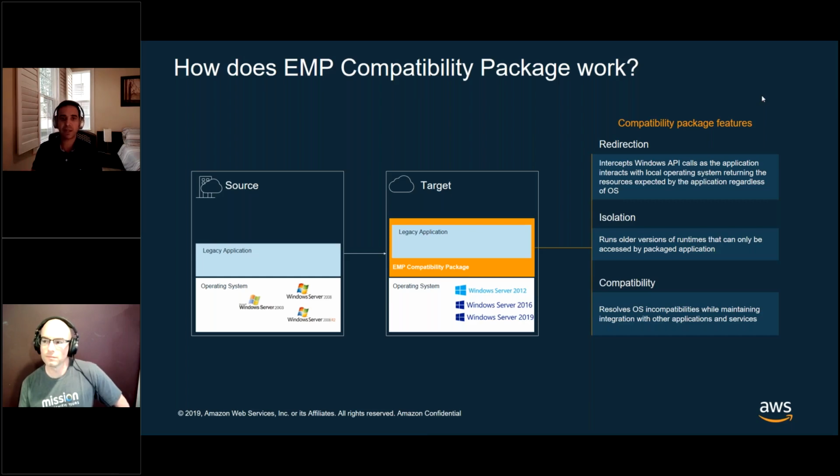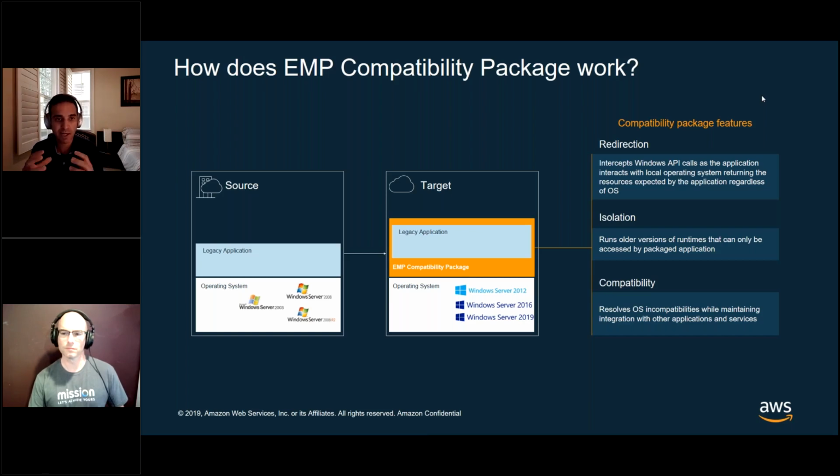So the application thinks in reality that it's actually working on an older version of the Windows operating system, because it's still getting access to those runtimes and all those dependencies that it might have. But in reality, we have put that application in a package, and we have taken that package and moved it over to a new version of Windows.